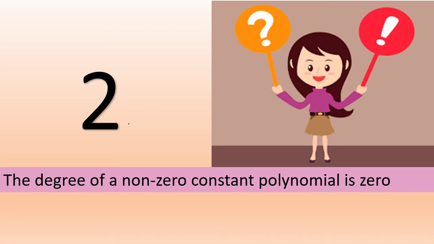Okay, now let's see. Suppose you have the number 2. Here you are not having a variable at all. Then in such a case, what will be the degree of this polynomial? We will just see. The degree of a non-zero constant polynomial is always 0. Why it is always 0 is that if you put any variable along with 2, the power of that variable will be 0. So that's the reason for any non-zero constant polynomial, the degree of the polynomial will be 0.